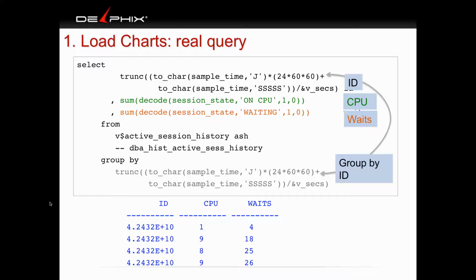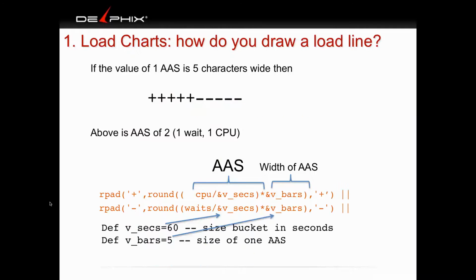So here's what it looks like. I have my bucket ID, my count CPU, count weight, grouped by the bucket ID and the output. For each bucket, I have how much CPU, how much weight, but that's not very friendly. I want graphics. So I'm going to add this graphic. If this is 5 pluses and 5 minuses, and one AS is 5, this is an AS of 2, half on CPU, half on weight. So I'm just going to use RPad to create SQL ASCII art. So I'm going to RPad pluses for the CPU. I have CPU AS, and then I have the width of the bar, and same thing,